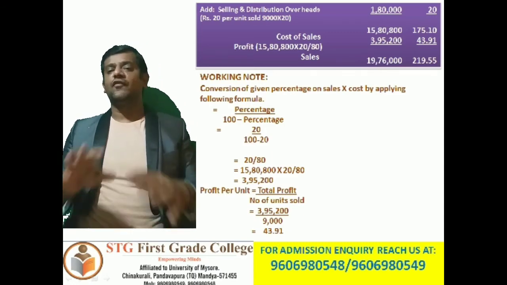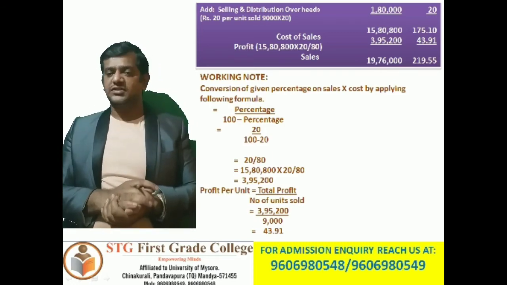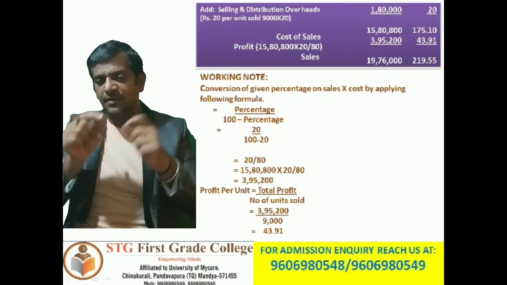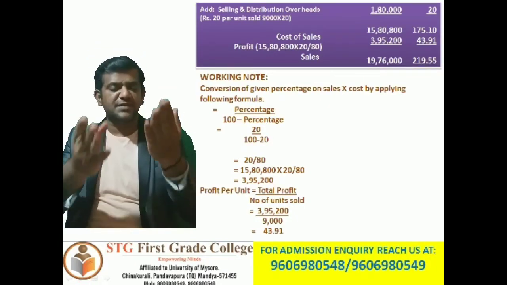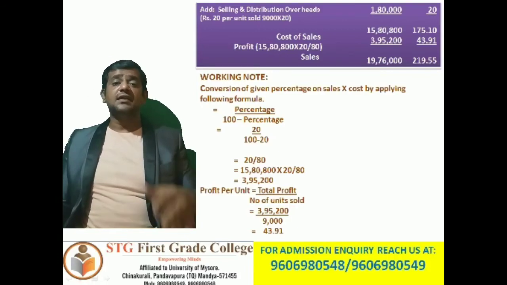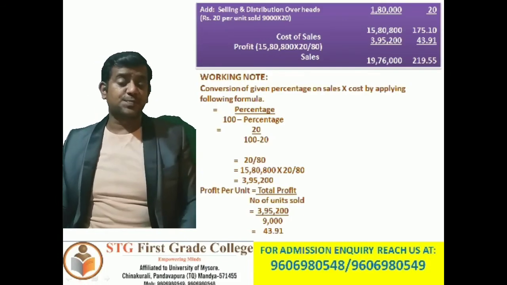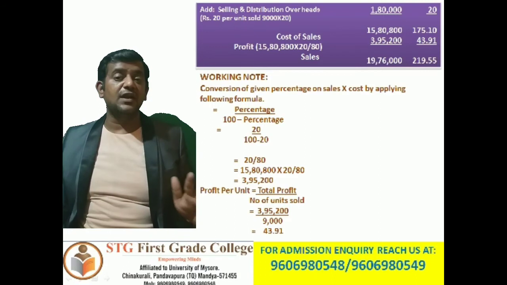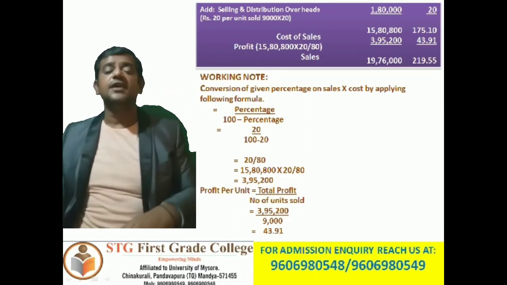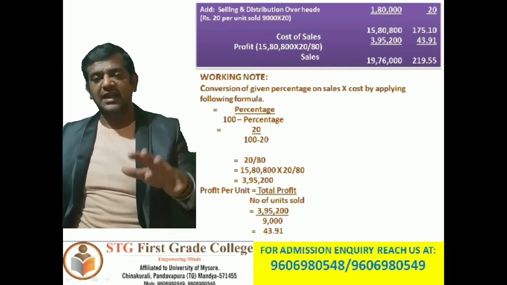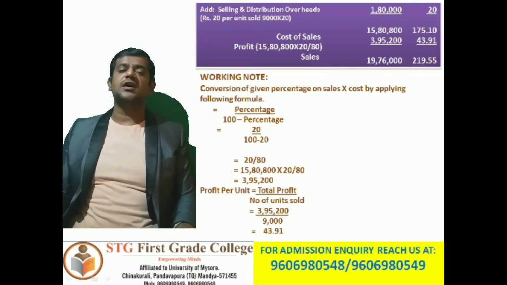I believe you have understood the problem. This is one more important problem where you can understand different kinds of adjustments that have been given, like per unit basis. Then, he has not given goods produced during the year, so how to calculate in such cases. I believe you have understood those parts. So this is the problem and solution which we have done on cost sheet.